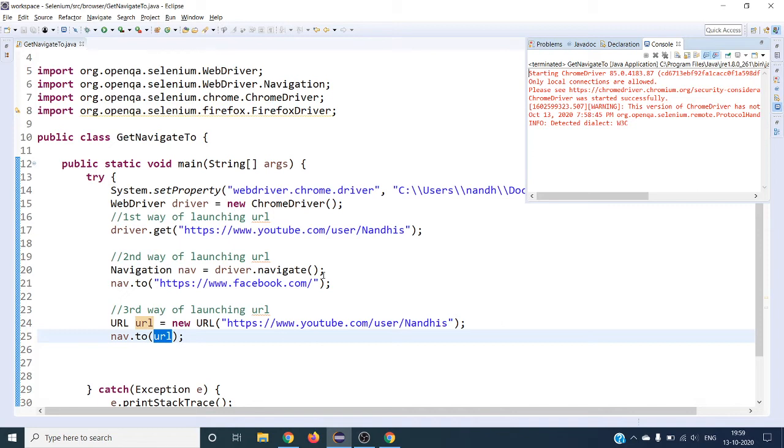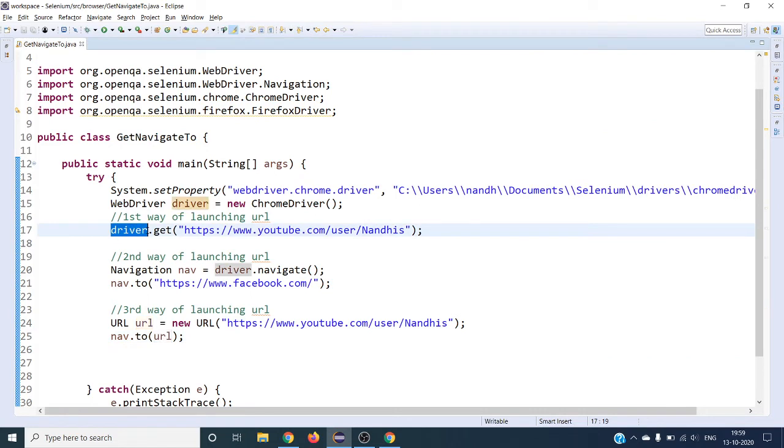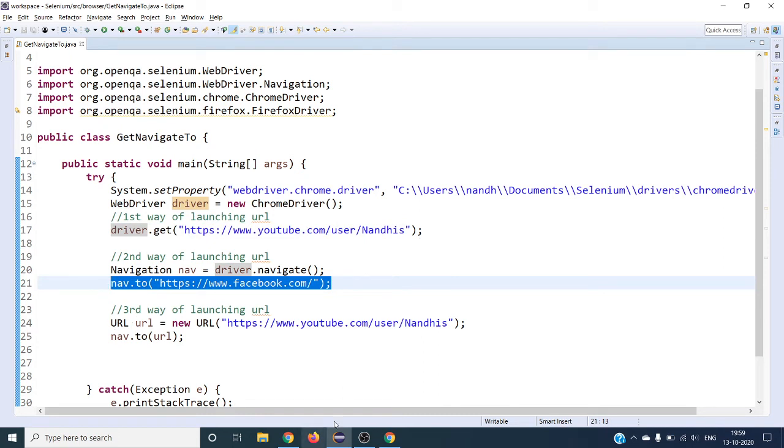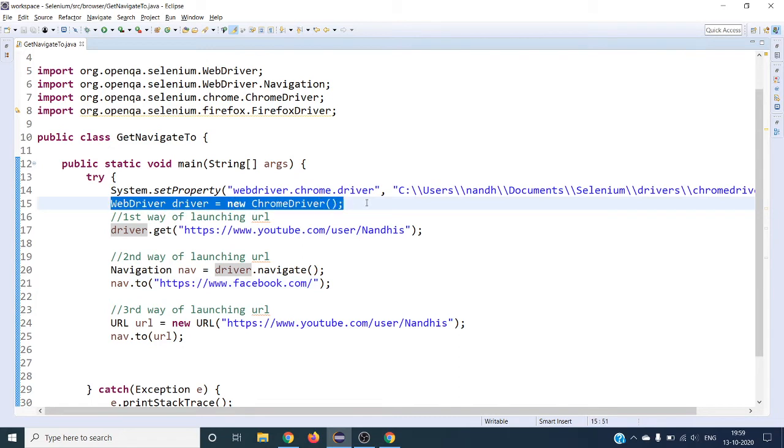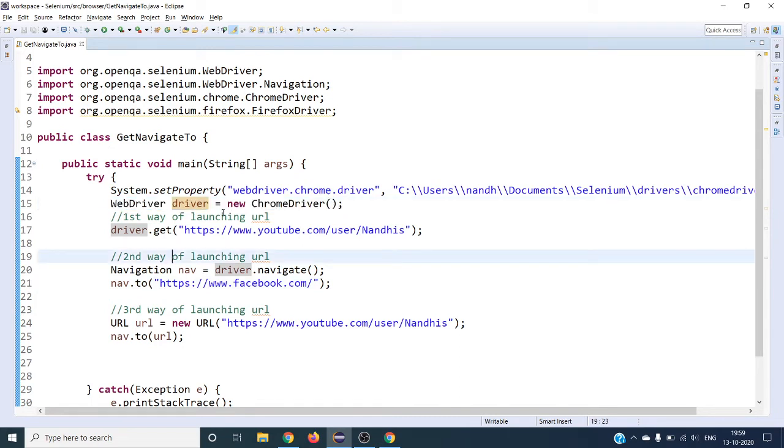If you notice, we are using the same driver instance to launch all these three different URLs, so it is opening in the same browser instance. If you want to open URLs in different browser instances, you have to define it in a different class, the same way how we have done over here.